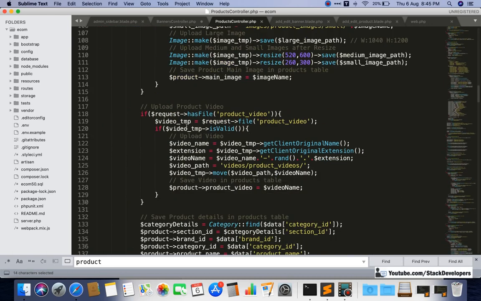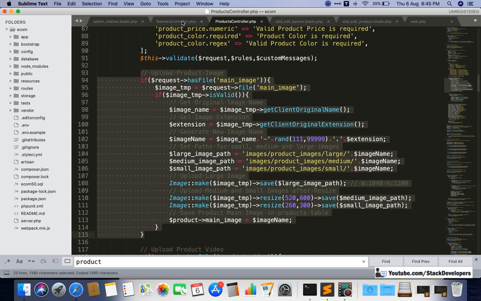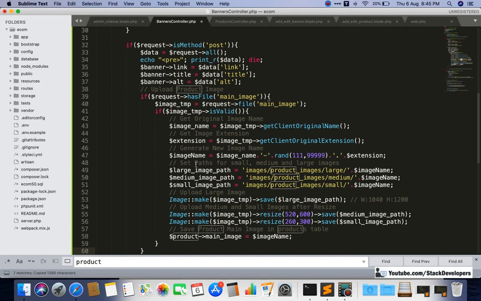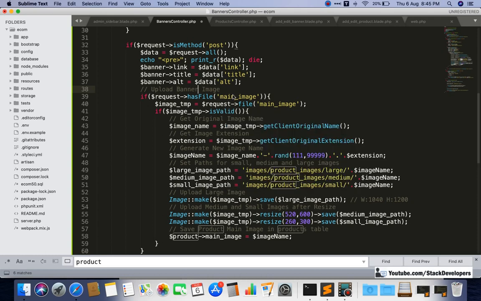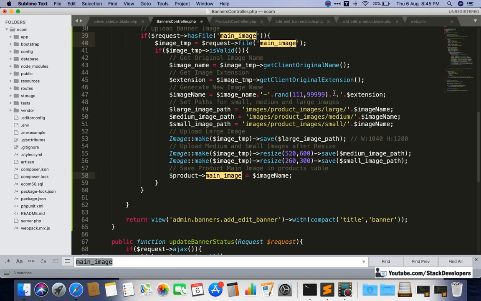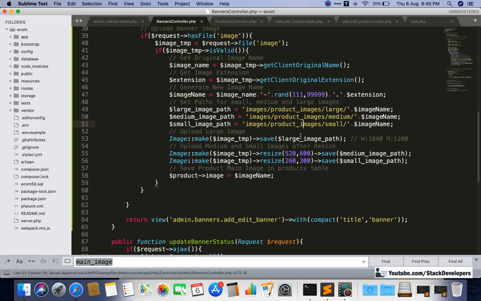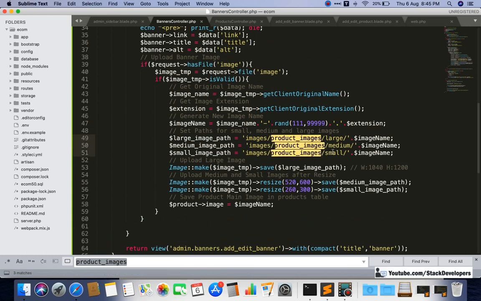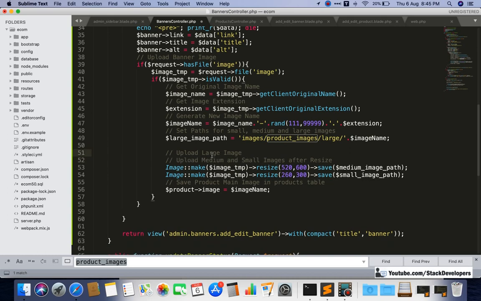Add edit product, and we can copy this one, upload product image. We'll paste it here, and now we can make some simple changes. Upload banner image: replace main image with the image of the banner. Only one image is required here, and we can resize the image as well, so we can remove this one.